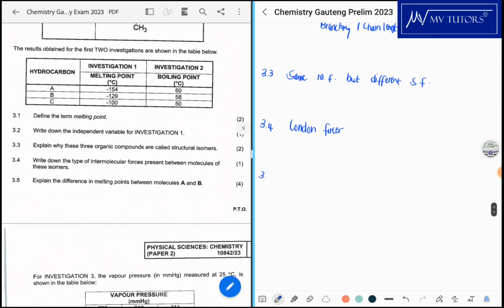Then 3.5, explain the difference in melting points between molecules A and B. All right, so between A and B, let's talk about the melting point, and then we'll discuss why that is. Okay, so the melting point of A, which I would expect to be the highest, but in this case it is the lowest. So A has the lower